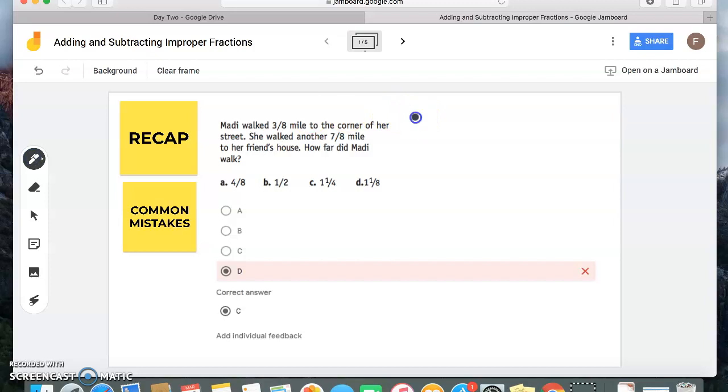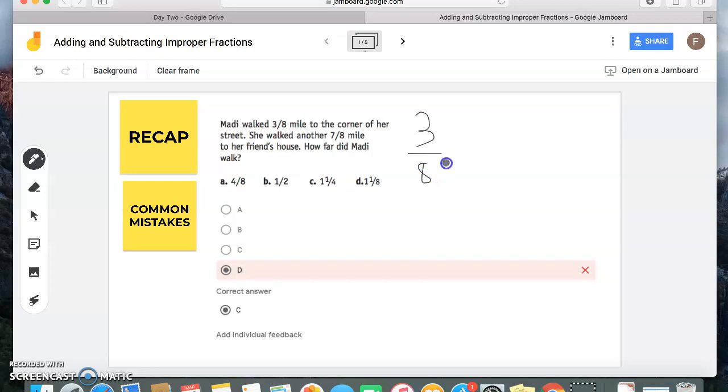So the first thing I'm going to do is rewrite 3/8 plus 7/8. Sorry, I'm trying my best here with this tool. 3/8 plus 7/8. Now, notice my denominators are the same. So all I'm going to do is simply add my numerators. So 3 plus 7 is leaving me with 10 as my numerator,